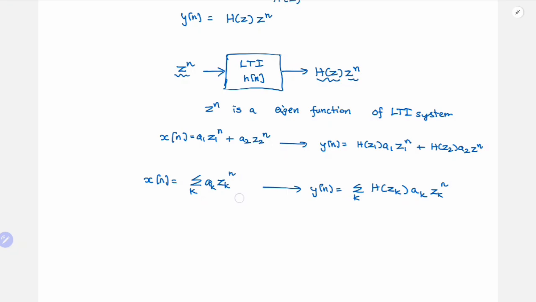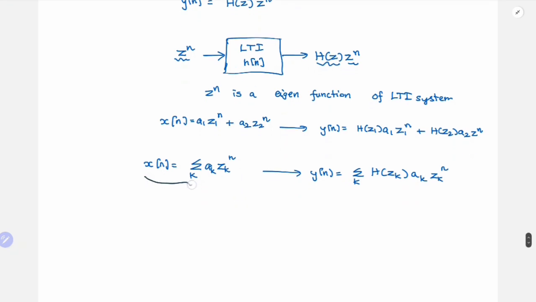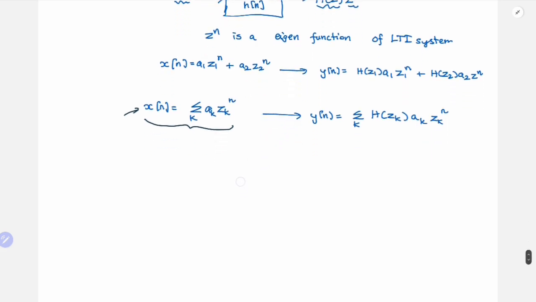So what will be our next goal then? To actually find this form of expression. Any given signal, we should be able to write it in the form of a sum of complex exponentials. Then it makes our analysis easier, right? So that is what is called the Fourier series